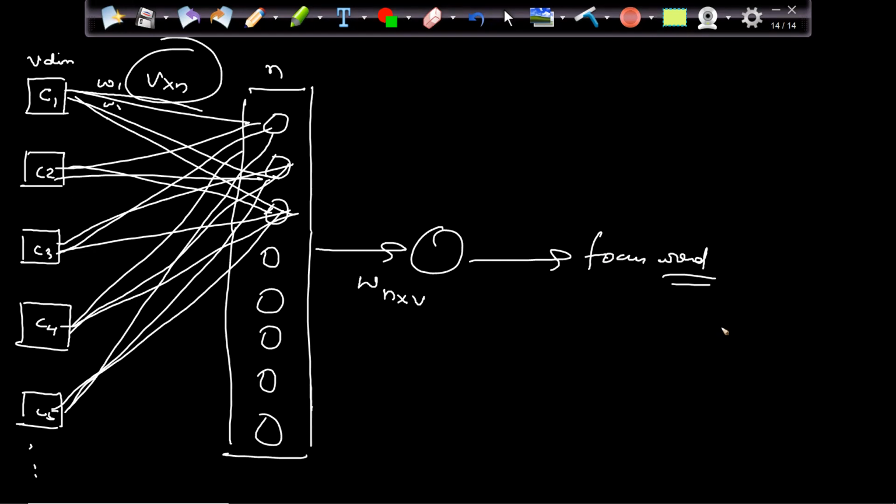Right? So this is like a multi-class classification. Basically, I am giving the probability that, okay, if these are the words, then what will be the focus word? I'll have multiple words, right? So I'll predict, okay, this is the best word. The probability of this word is very high. So it's a multi-class classification.